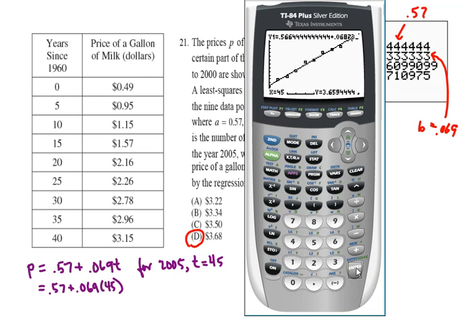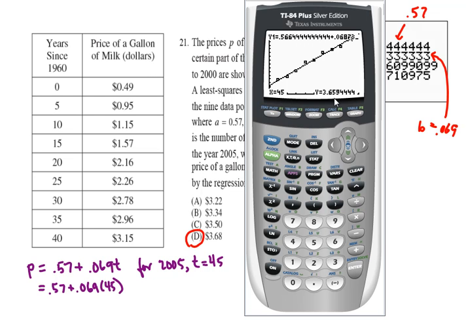It tells me that the value in 2005 should be 3.659, which would be $3.66, which is a slight bit off, and the reason is